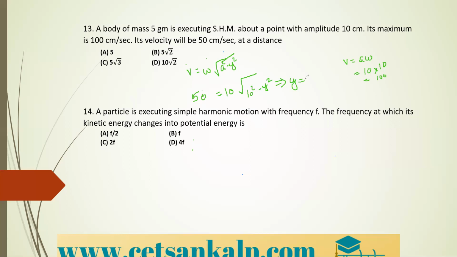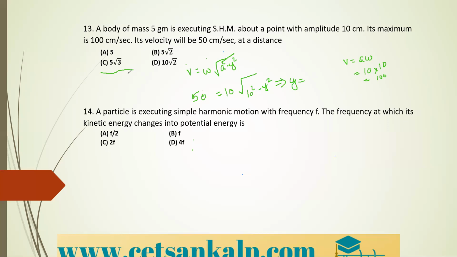So first you need to take square root on both the sides. After taking square root on both the sides, you will get the equation in terms of y square. So after getting in terms of y square, take in terms of y. Right? So if you simplify this equation, you will get the option C. Option C is the correct one. That is 5 root 3 is the answer. Simplify the given equation for y is equal to. Here you need to calculate omega. After calculating omega, calculate the value of distance y here.